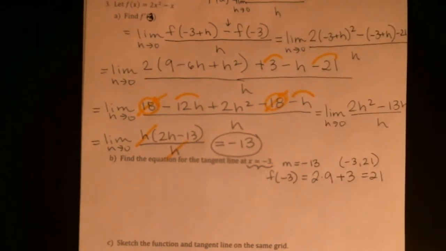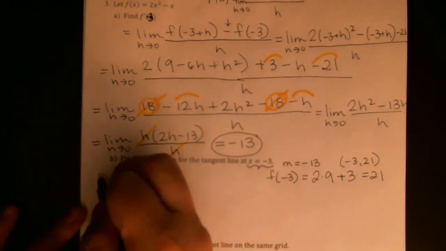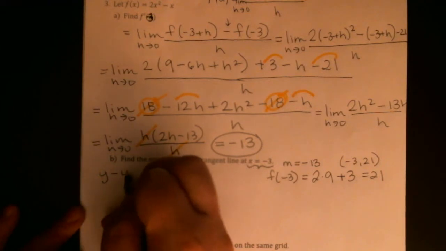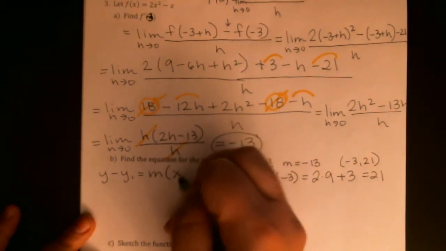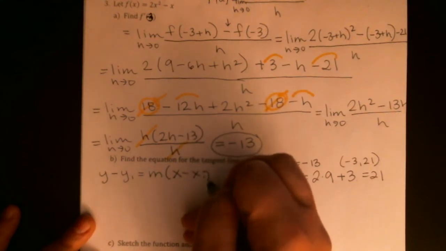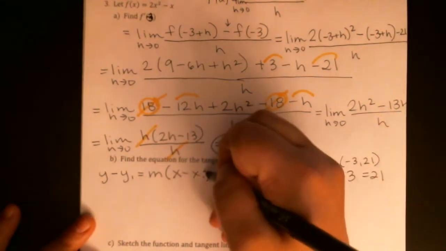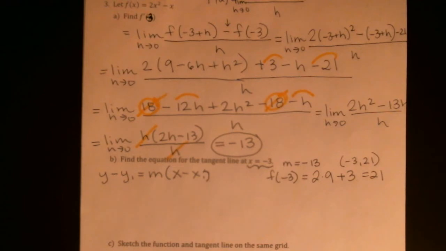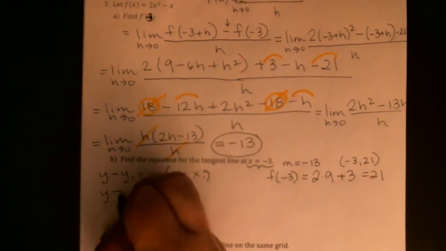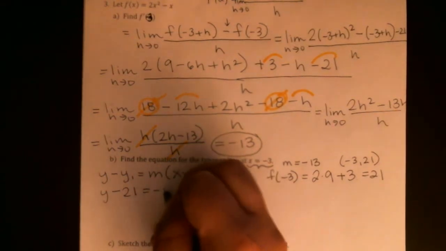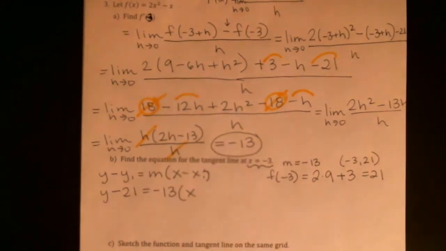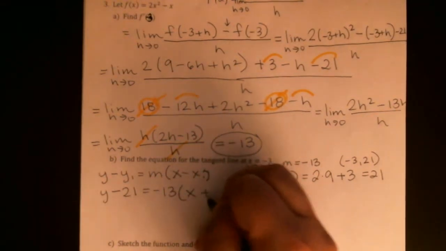So if I want to find the equation for the tangent line, you can use either point slope form or slope intercept form. We do enough of this that I actually use my point slope form here more than I do anywhere else. I rarely use it for other things. Okay, so there's your point slope form. We know that our y1 is 21. We know that our m is negative 13, and we know that our x1 is negative 3, so that'll actually